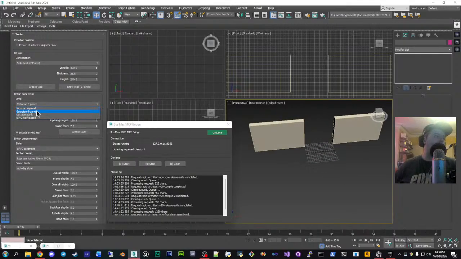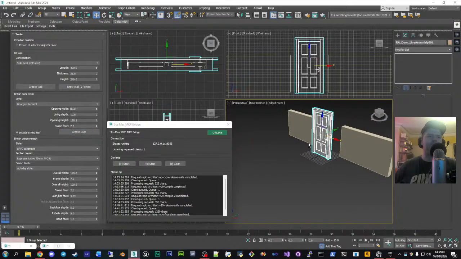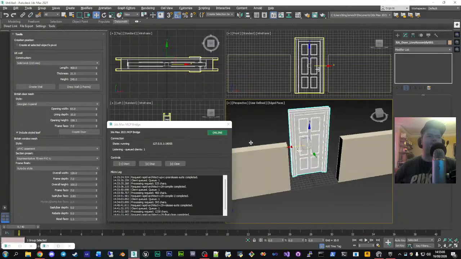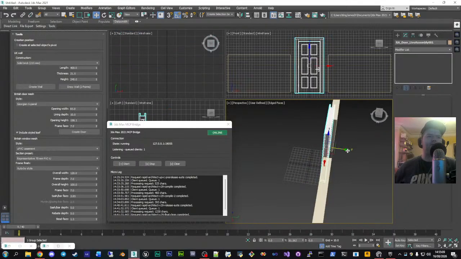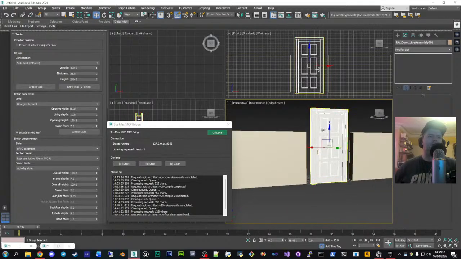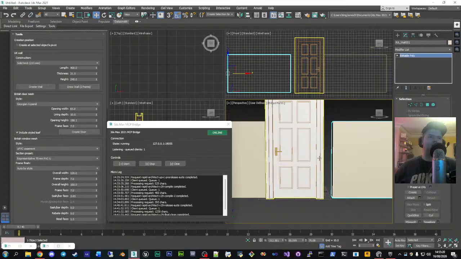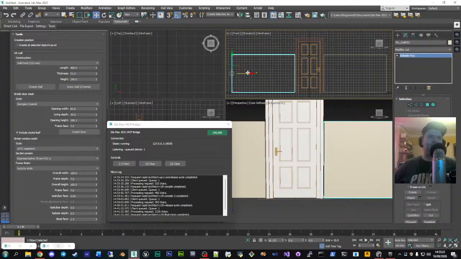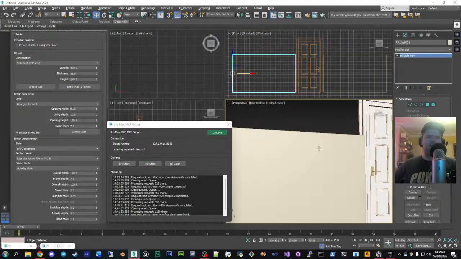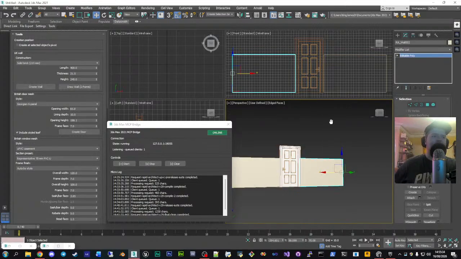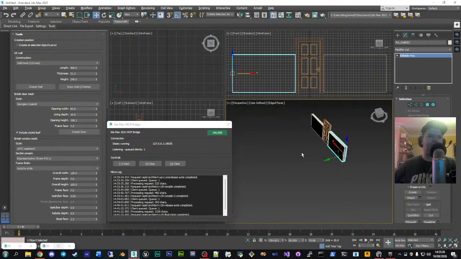Right, so let's create a Georgian 6-panel door. Beautiful, these doors. Love these doors. I think these are probably the best doors you could ever find in Britain. Right, so there we go. We got a Georgian 6-panel door, and we got, look at that. Obviously, the wall is a little bit off scale, but